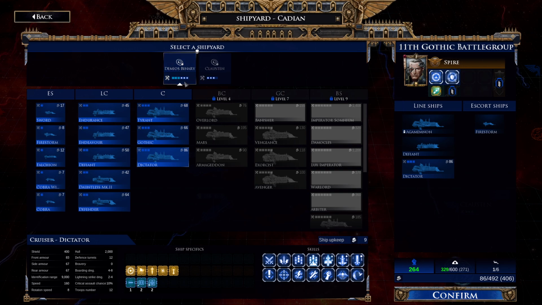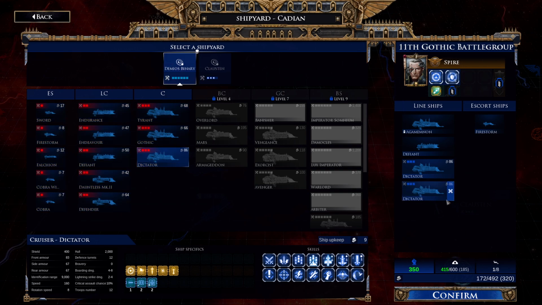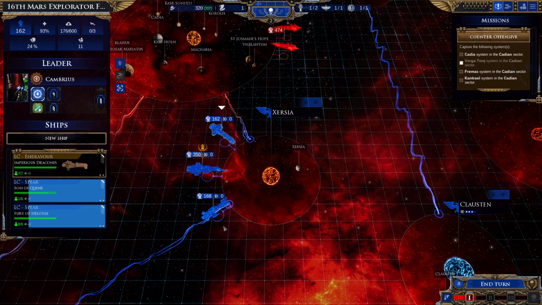And we will not have enough... we can build another one, actually. We could double it up. There we go. Spire's fleet is looking a little bit better now. Now, you...